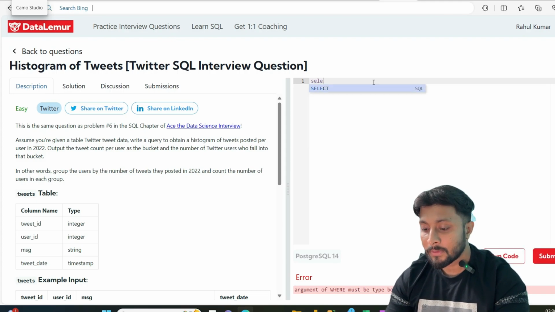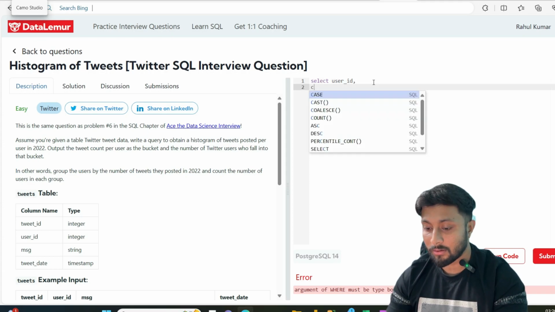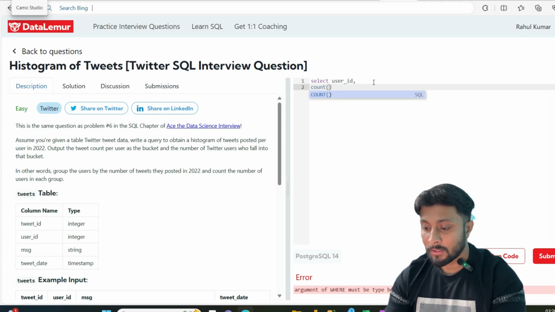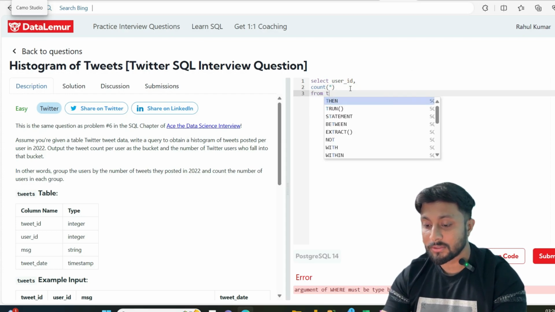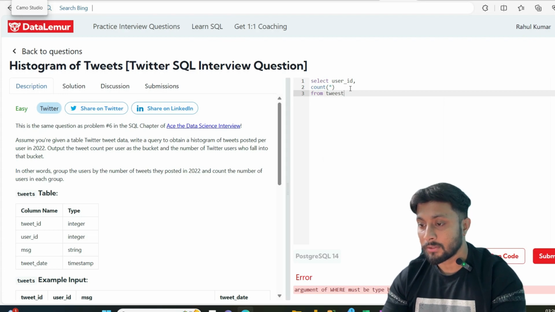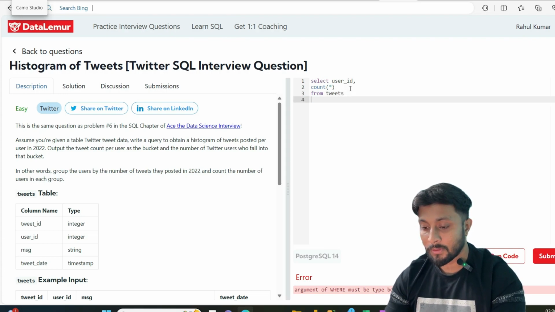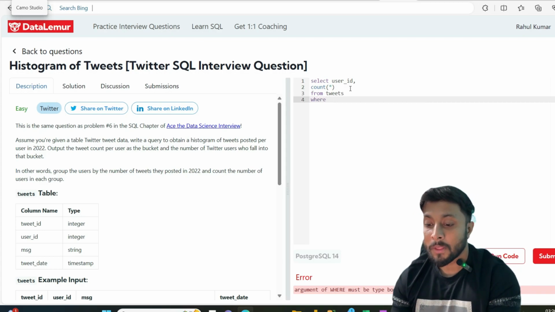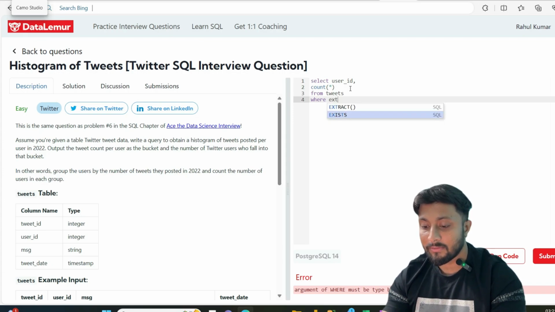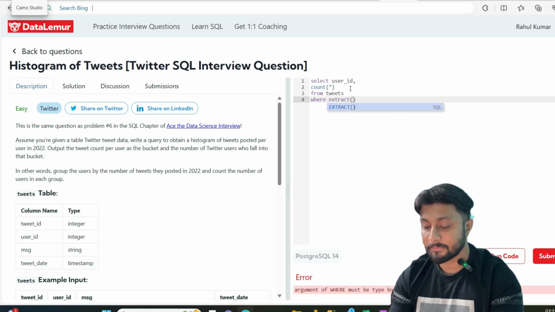So I'm just selecting user ID, and along with that I'm counting the number of posts posted by the users, from the tweets table, where we need the year only for 2022. To extract the year 2022 we have a function in PostgreSQL, that is extract year from column name.